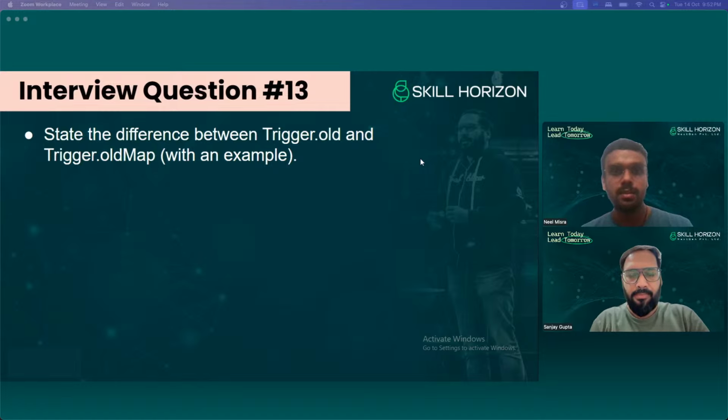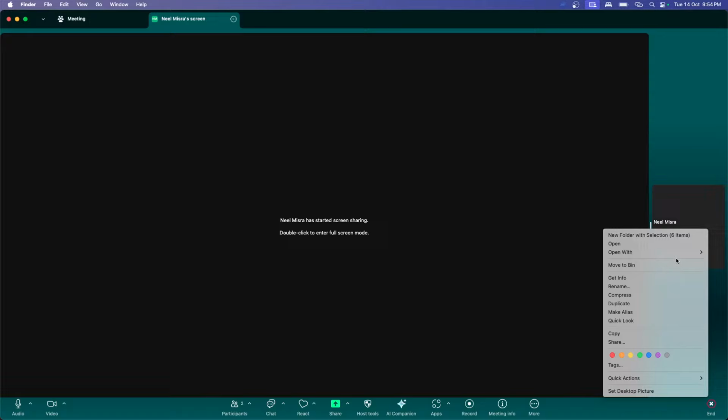Trigger.old is a list type, and Trigger.oldMap is a map type. That means Trigger.old is a list collection, and Trigger.oldMap is a map collection that has a key and a value. So the key in Trigger.oldMap is the record ID, and the value is.